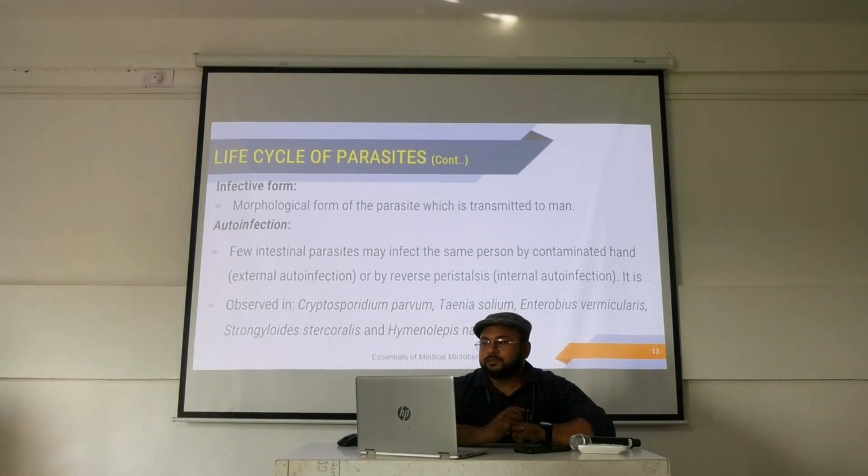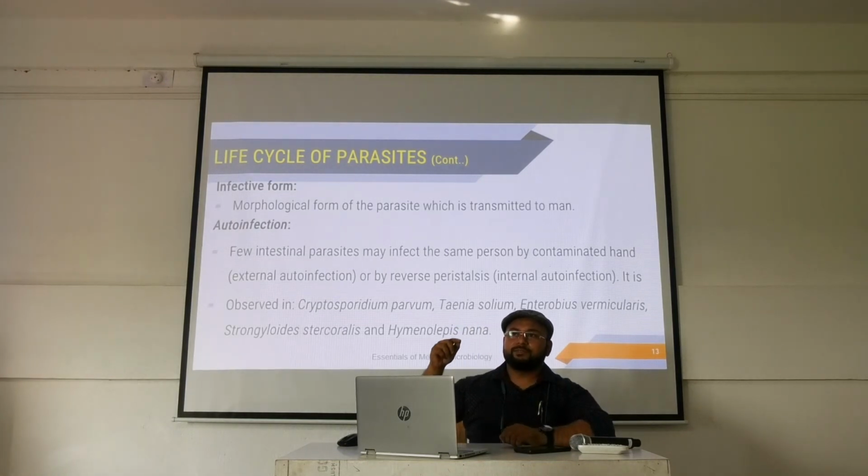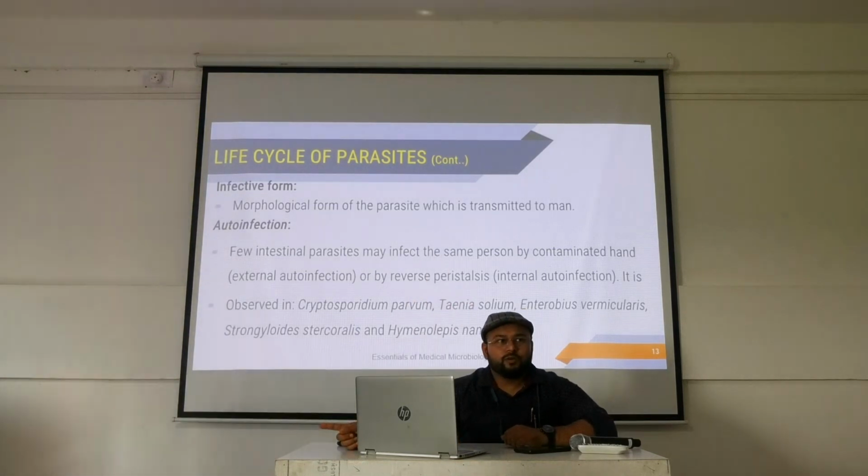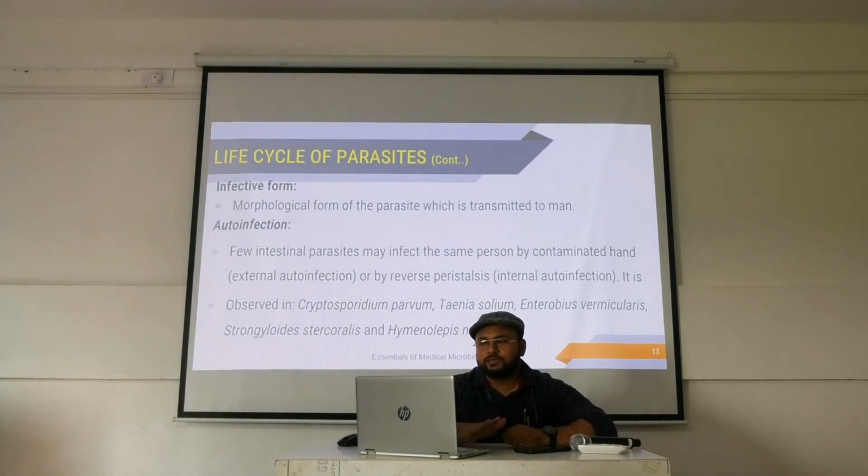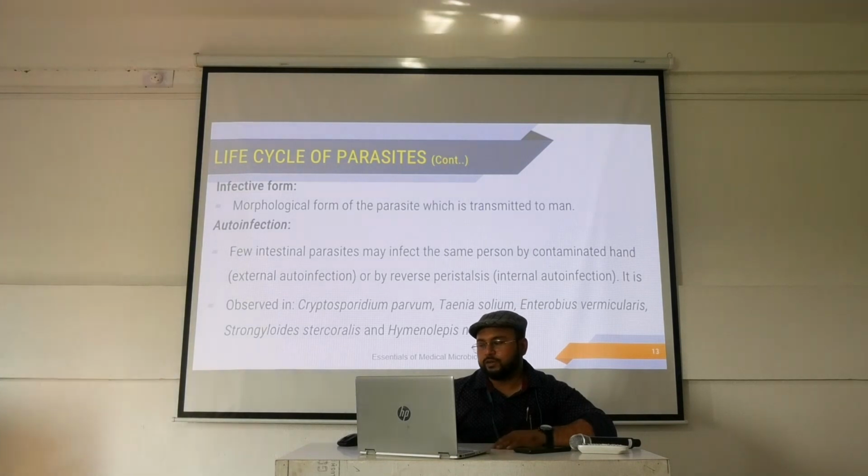সেটা সেম পার্সনসকেই, ধর তার ইন্টেস্টিনে আছে, এনিহাও তার স্টুল দিয়ে তার হ্যান্ডটা কন্টামিনেটেড হয়েছে, সেটা আবার মুখে এনিহাও হাত দিল, আবার সেটাকে অটো ইনফেকশনস হয়। দিস ইজ কল ইন্টারনাল অটো ইনফেকশনস। আর একটা হয় এক্সটার্নাল অটো ইনফেকশনস। আর একটা হলো রিভার্স পেরিস্টালসিস, মানে তার লাইফ সাইকেলে গেল, সেখান থেকে পেরিস্টালসিসের এগেনস্টে গিয়ে কোনো একটা সার্কুলেশনে গিয়ে লাংস বা লিভারে কোথাও একটা চলে গেল। দিস ইজ কল রিভার্স পেরিস্টালসিস। ইট ইজ অবজার্ভড ইন ক্রিপ্টোস্পোরিডিয়াম, টিনিয়া। যখন আমরা ডিটেইলিং এ যাব, প্রত্যেকটা অর্গানিজমে যাব, তখন আমরা এটা অটো ইনফেকশনসটা পাবো।